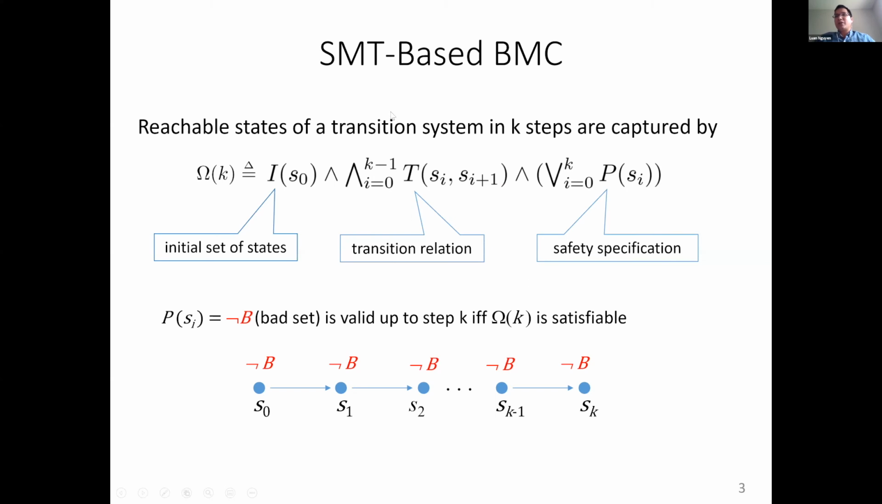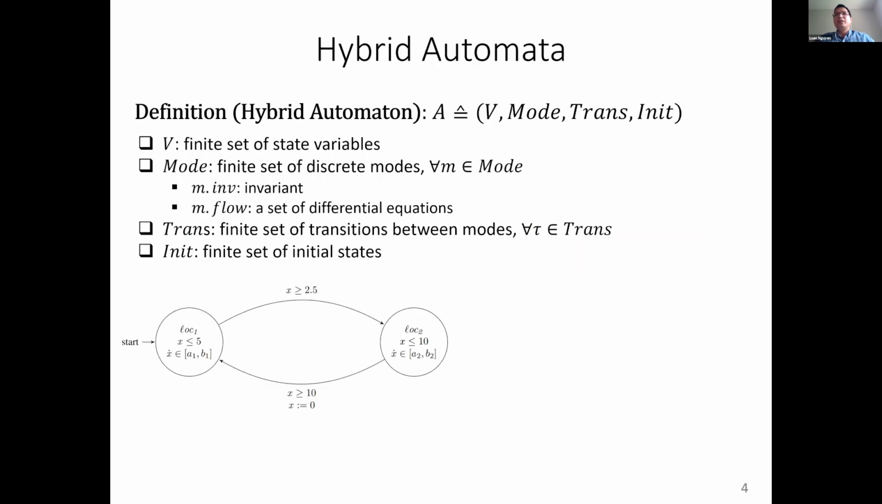And it is a traditional SMT-based model checking for transition systems. And so we deal with the hybrid system, which can actually be represented using hybrid automata. Let me just recall the traditional definition of the syntax of hybrid automata, where we have a set of variables